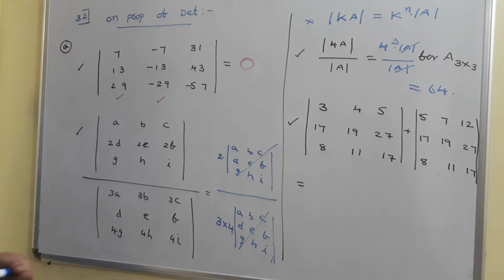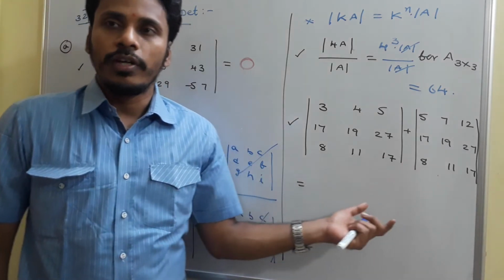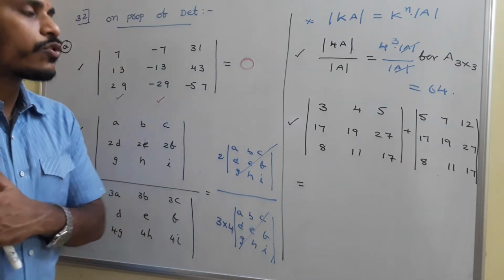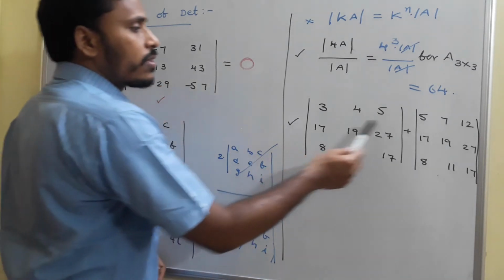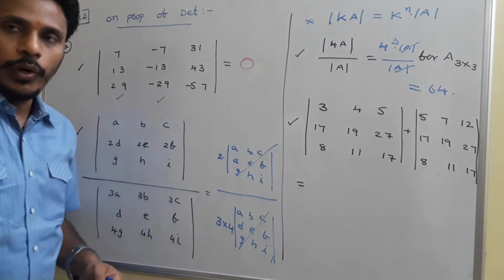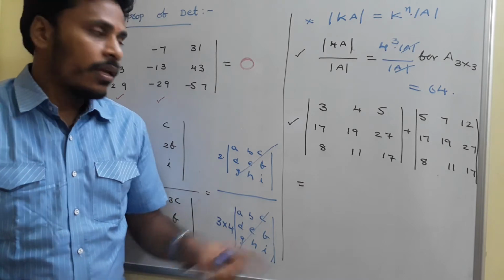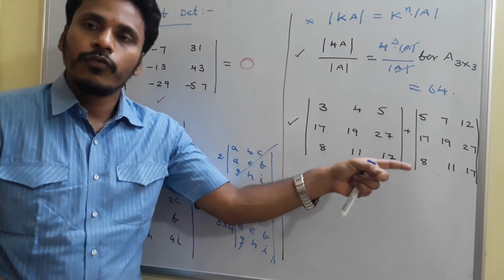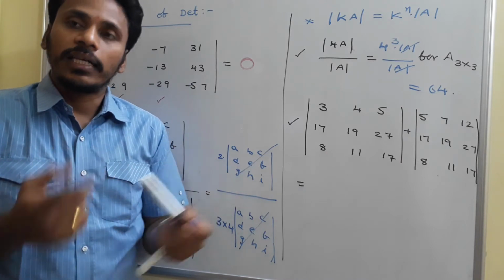Okay. Now, just have a look at the last problem. See, we need to find sum of these two determinants. To find sum of these two determinants, if you have a look at these two, the second row is same for the two determinants. The third row is also same for the two determinants. As we discussed in the fifth property of determinants, if two rows are same or if two columns are same for two determinants, just directly add the other row.